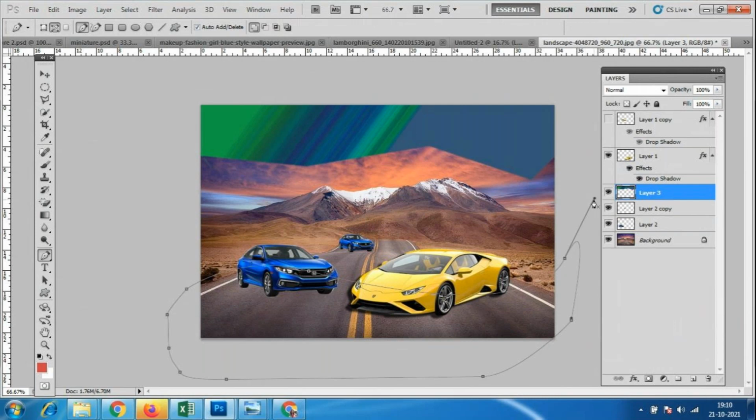We can do changes like this. Any design, if you want to do any modification, we have multiple options there, like the Convert Point tool. In the polygonal lasso tool we cannot do any changes. We only have the options called add to selection and delete selection. Correct. But here we can change the shapes. Whatever shapes you want, we can make the changes.